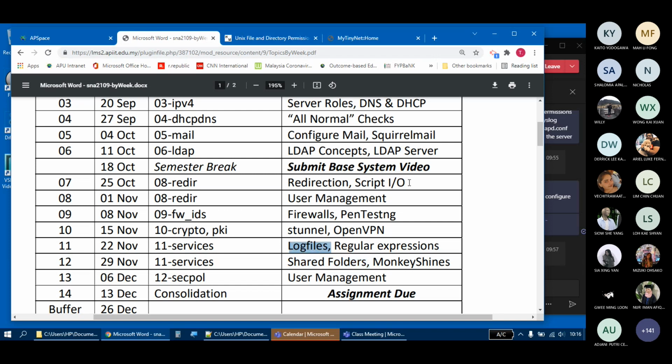We're going to start off with redirection and script.io, which goes into the sudo enhancement, IP tables enhancement, S-tunnel, OpenVPN enhancements. We'll talk a little bit about regular expressions, the shared folders, monkey shines, the virtual servers. So we will be talking about these enhancements over time